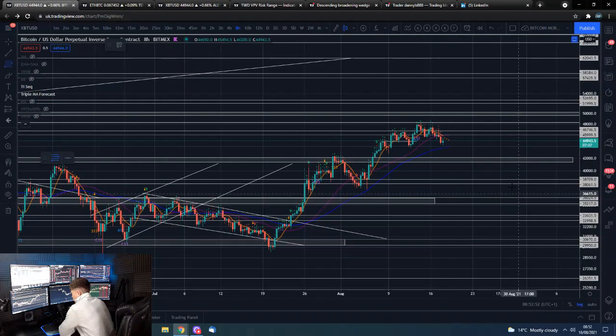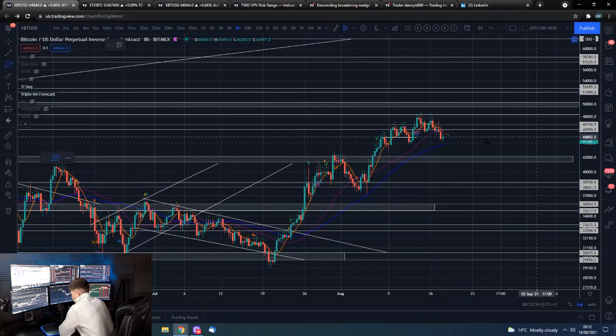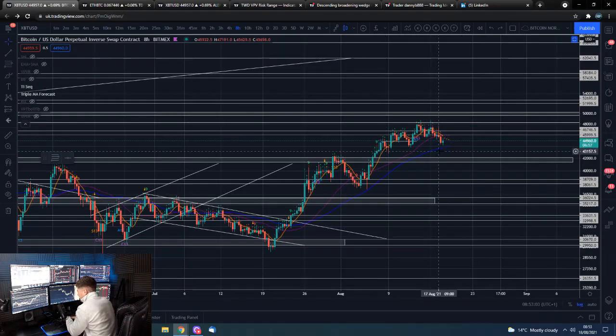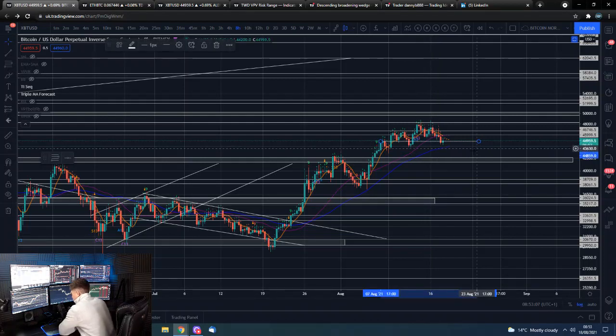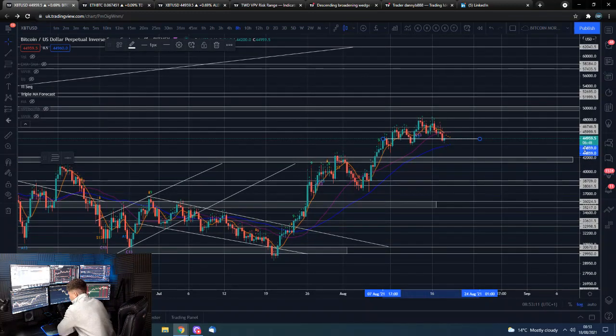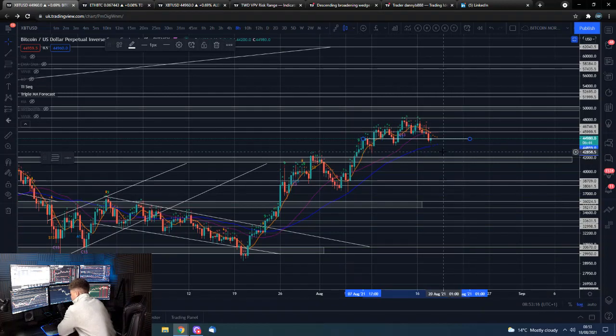So Bitcoin showing a little bit of weakness here. As you can see, if we extended this horizontal across, putting some fibs in there, you can see that we did break below it, did close below it, and then tried to have a little bounce back above. Currently just above it, but obviously price action is a lot lower than